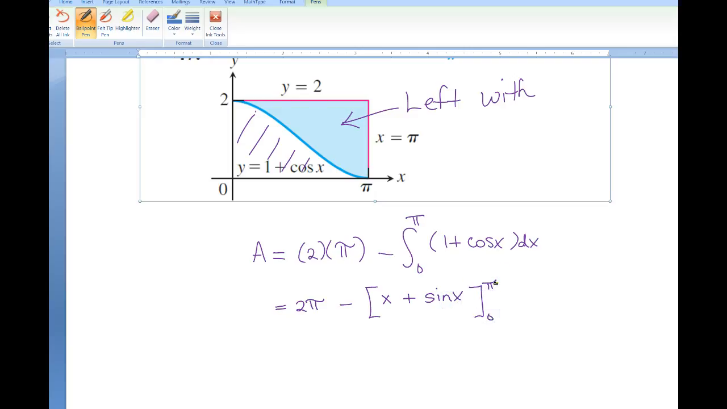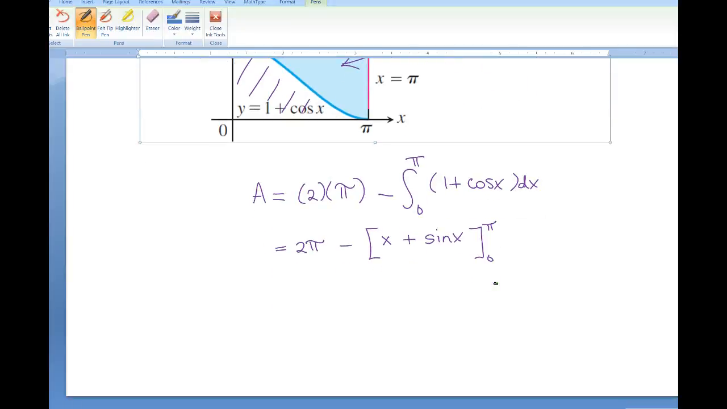Just remember, how do you check your answer? Take the derivative of x plus sine x, and you should get back what you have inside. Do the derivative of this. If you're not sure about sine, if it's the derivative of x, it's 1. If it's the derivative of sine, positive cosine. That's just a quick way you can check. The derivative of regular cosine x